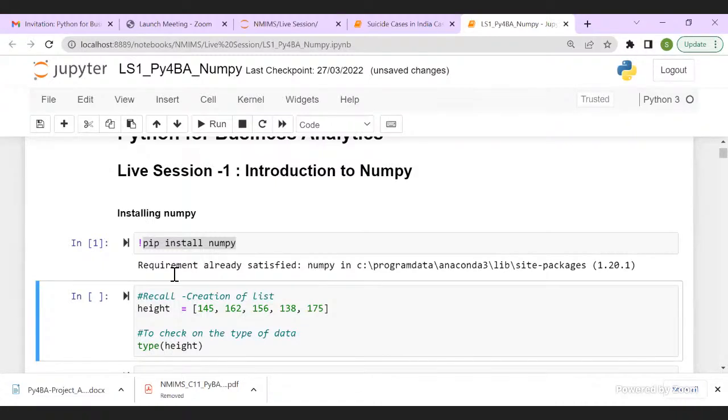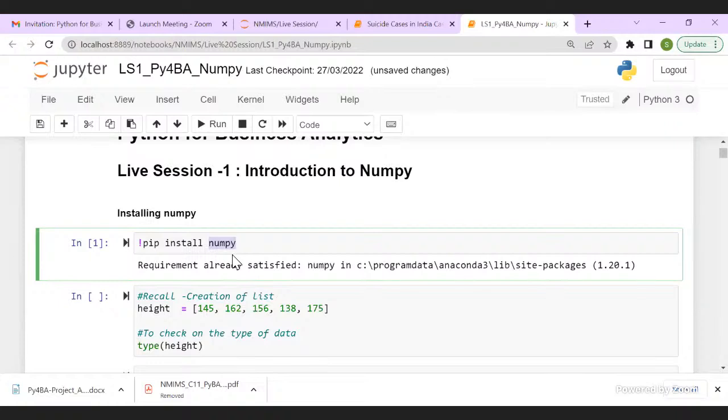So you can see my interpreter is telling me that the requirement is already satisfied and I have this library in my packages. In case you don't have it, it will take a couple of minutes to get installed and set up in your environment. Similarly, you can do it for Pandas, Seaborn, and Matplotlib. So guys, remember to set up your environment and check it for all the libraries before you begin. This is a necessary condition, otherwise you will face problems.